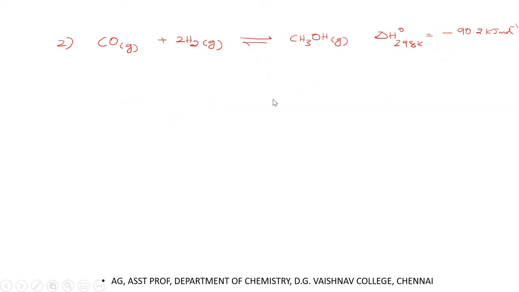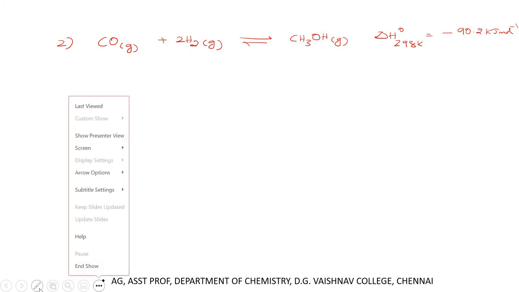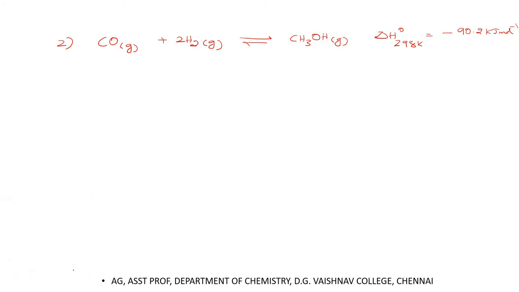Then the second example, see here. Here also this is an equilibrium reaction for which delta H naught is negative again. If delta H naught is negative, it is very clear that the overall reaction is exothermic. Not only that, forward reaction is also exothermic. Forward reaction is exo, so backward reaction should be endo. So in this case also, if temperature increases, the backward reaction will occur to a larger extent.